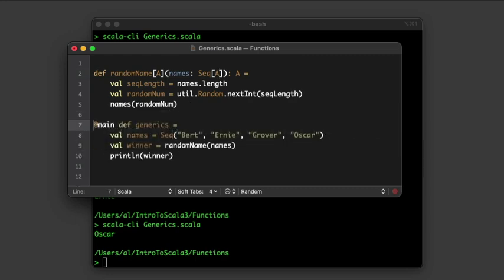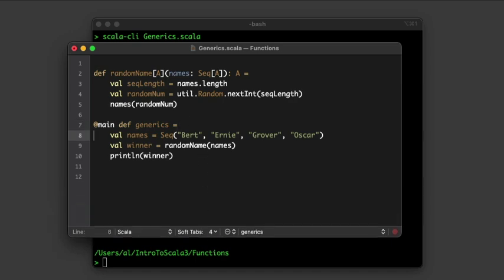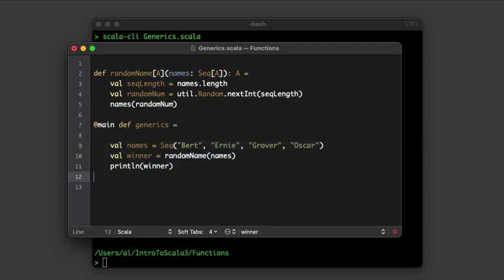And so now that that is a generic, let me expand this just a little bit more. I can keep this first part of the code right there, and again, that's part of that main method. And now what I'm going to do here is I will show you that we can also do numbers, and I will say nums equal, and we'll use some of the tricks I've shown before. So I'll create a range of 1 to 100. I'll convert that to a vector, and then I will just say val random number equals,